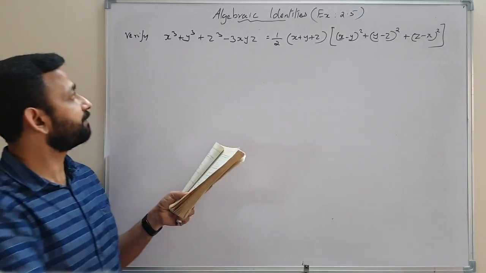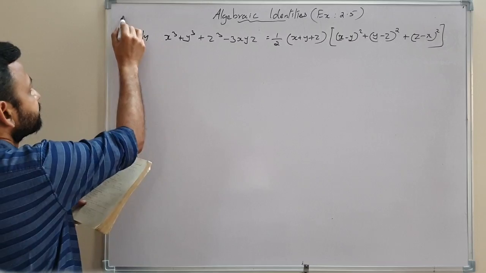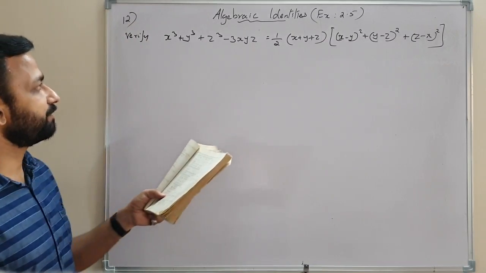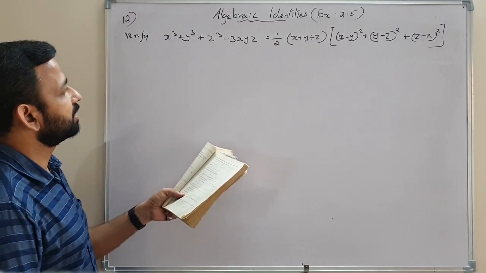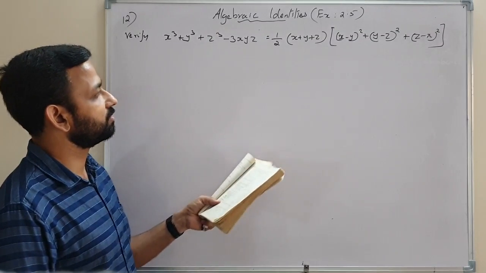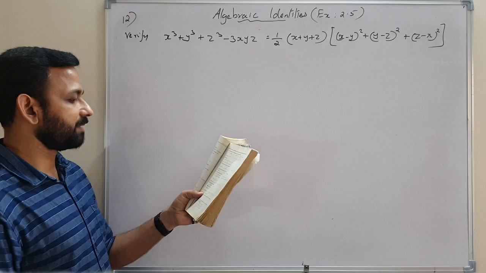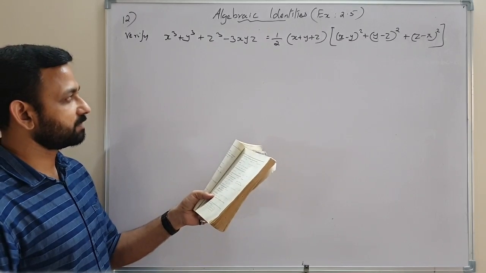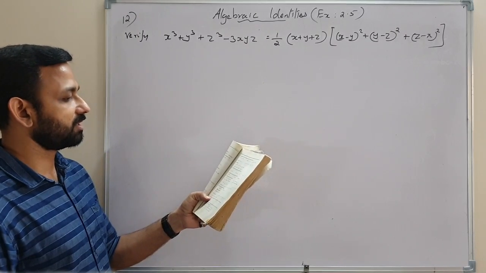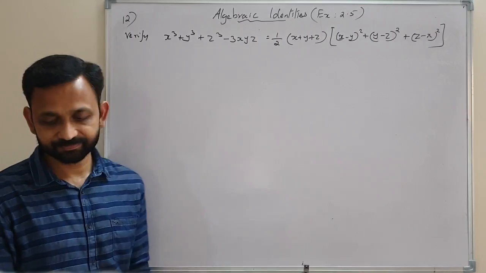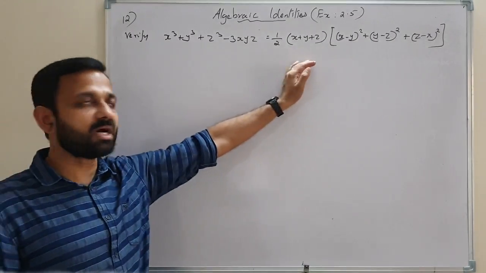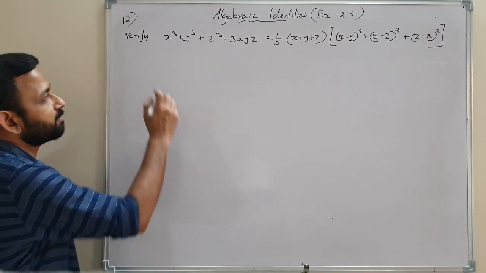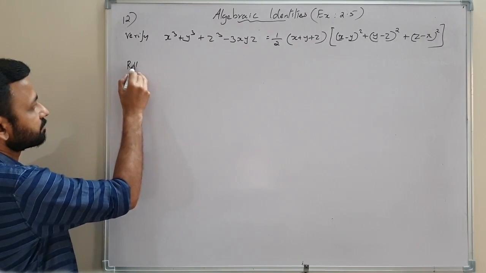So here we need to verify question number 12. We need to verify LHS equal to RHS. x cube plus y cube plus z cube minus 3xyz equal to 1 by 2 into x plus y plus z into x minus y whole square plus y minus z whole square plus z minus x whole square. So we need to verify LHS and RHS are equal. So we can start from RHS, equal to